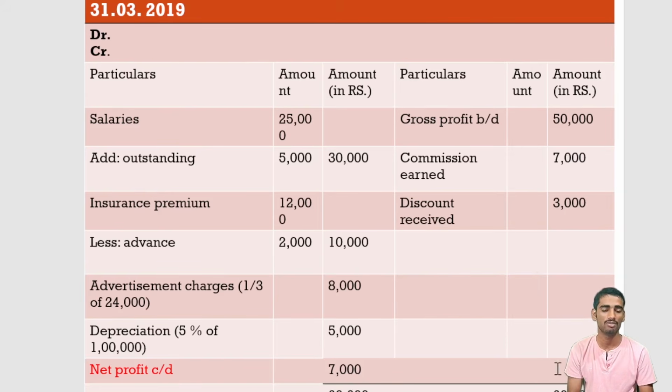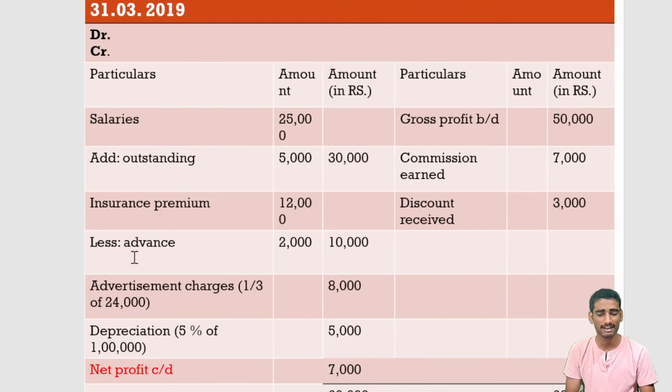So you just have to do the sum. When you do the sum, you can clearly see that both sides will be equal. You should keep this in mind. If in the end both sides are not equal, then you are making some mistake. You made a mistake somewhere. So be careful in that.